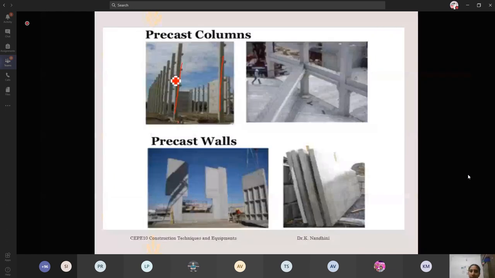And here you can see the precast walls. This is your wall. You have the provision for your windows and balconies, and this is your wall panel, a completely closed wall panel. This is with the indentation panel. This is with the complete closed wall panel.